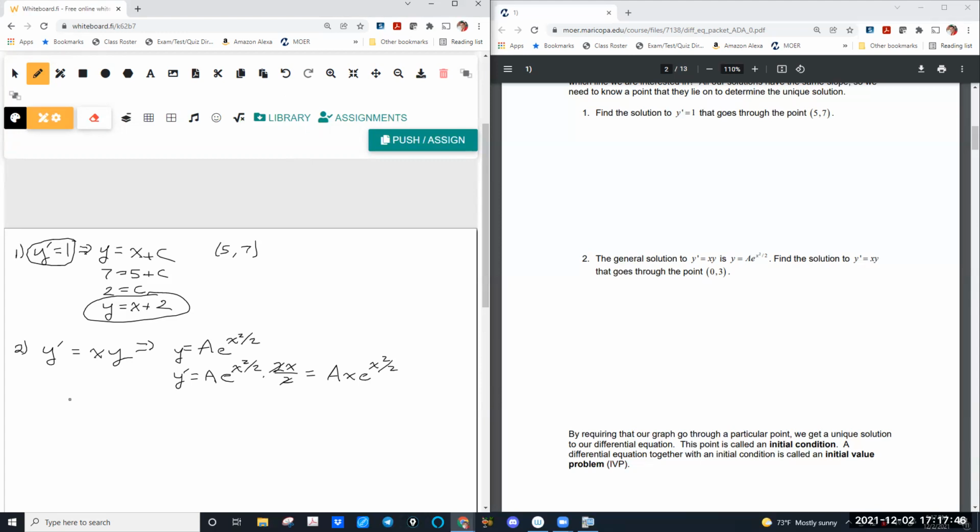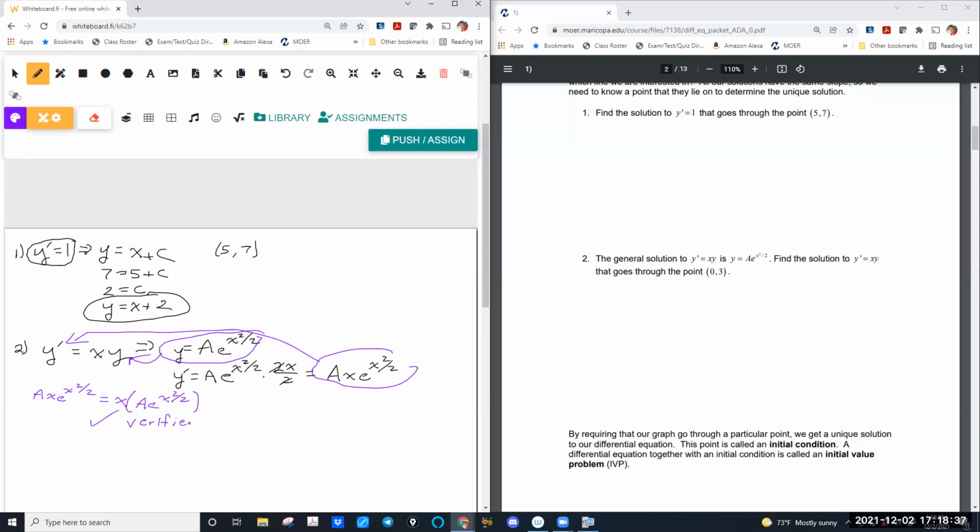Now, in order to verify, we do substitution. What I'm going to do is take what I found for y prime and sub that in for y prime, and what we were given for y and sub that in for y, and make sure that I have a true statement. So y prime is a x e to the x squared over 2. And over here we have x, and then we substitute in the y, which is a e to the x squared over 2. And we can see that these are in fact equal. And what we've done is